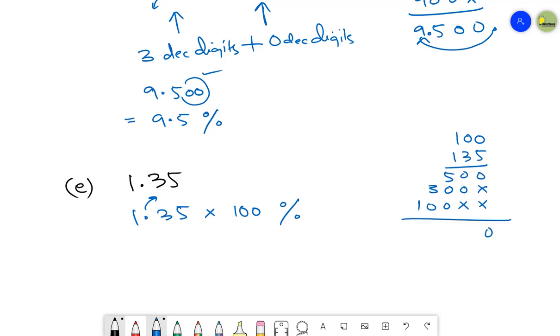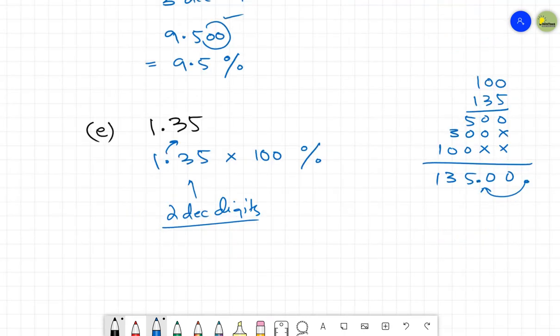Just add the numbers. 00531. Now count down the decimal digits that you have. Here you have 2 decimal digits and here you have 0 decimal digits. So the total decimal digits you have is 2. Just place your decimal point before 2 digits over here. So it is going to be